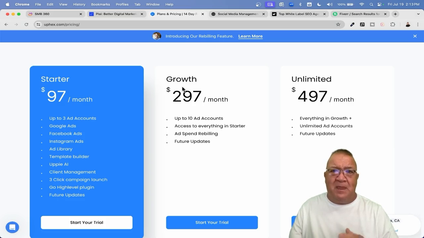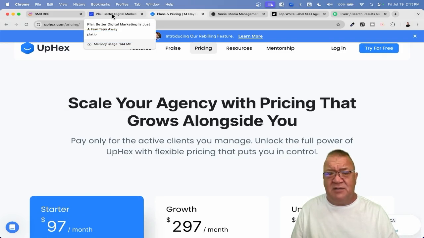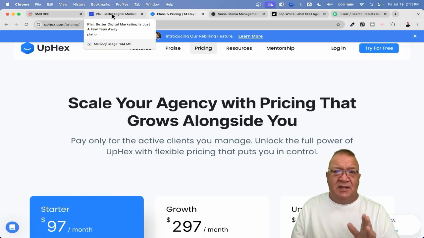So this right here is, again, a great product, a great service that you can utilize, but I don't want to push you toward one particular service. I am an affiliate for a couple, but I want to give you the opportunity to go look at these and see which one will fit you better. So UpHex is definitely one of them, and that's UpHex.com. It's one that you can provide for this, and again, very inexpensive for the interface. Like I said, this isn't going to be a technical